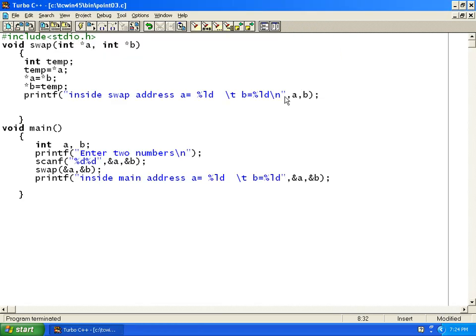So this way we can send an address to the called function from the calling function, and the called function will access the same memory location of the calling function. It can be main or swap, any other function you can use. It's not compulsory that you should always call from main and use pointers in main. You can call from any function to another function. So you have to use the pointer variables like this. So now we can exchange the values using a function.